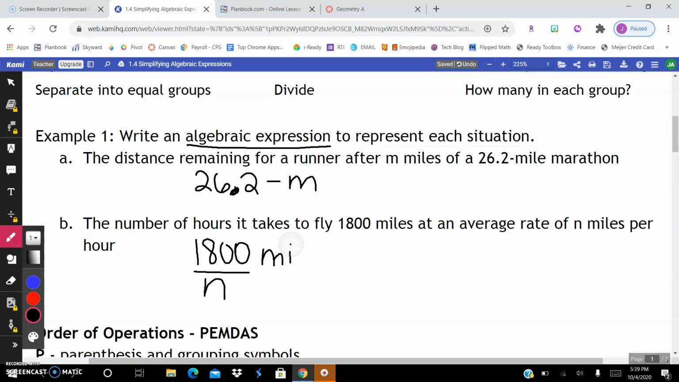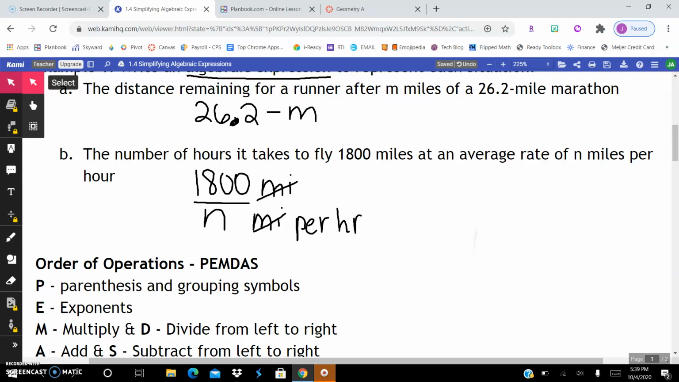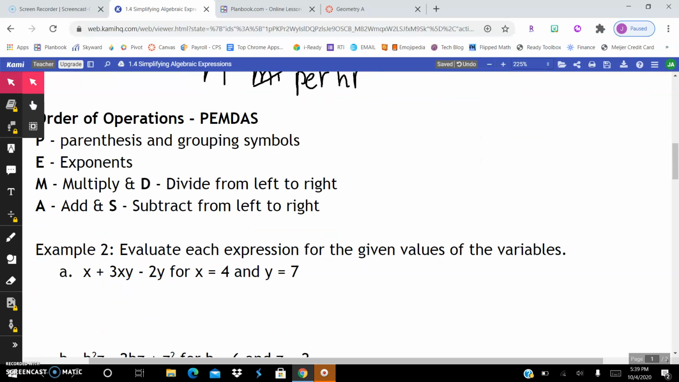Showing you the units, this is miles per hour, so the miles would cancel. We have a mile at the top and a mile at the bottom, so then we'd have just hours left over in our units, and therefore we kind of know we have the correct answer here. All right, next on our list of things to talk about is the order of operations, or